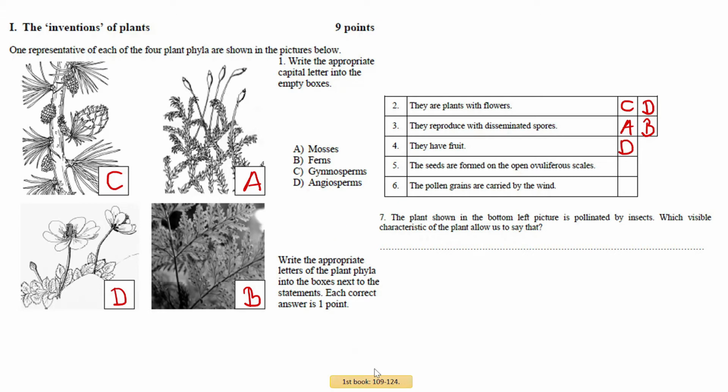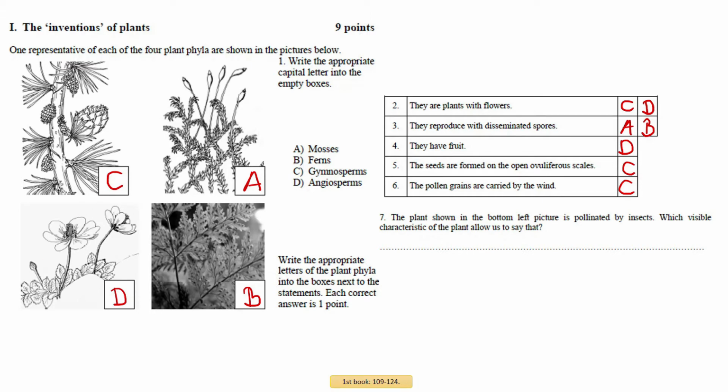The seeds are formed on the open ovuliferous scales. We know that that is true for the gymnosperms, so C belongs to this box. And the pollen grains are carried by the wind. That is also true for the gymnosperms. The plant shown in the bottom left picture is pollinated by insects, so we are talking about this picture in